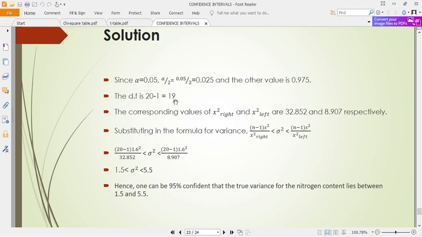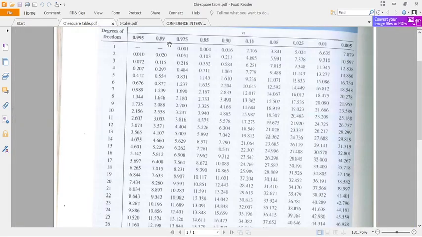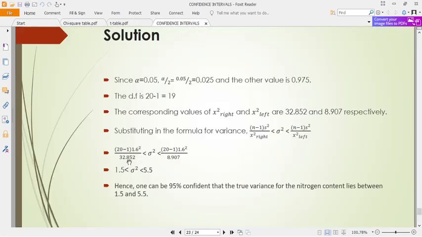Did I see correctly? 0.025 and 19. Yes, it is 32.852, which is here. Then to get x squared left,